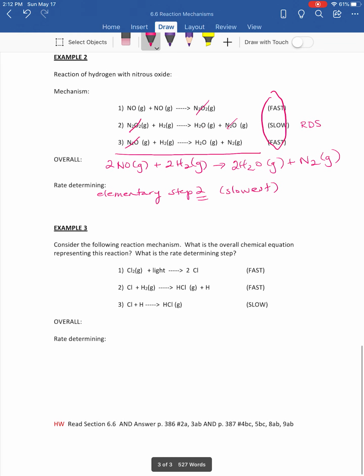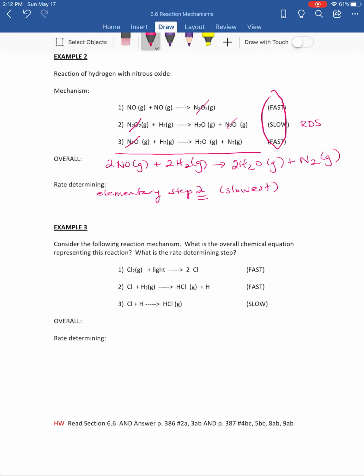All right, so last situation, taking a look here, we've got, once again, 3 elementary steps. The third one is the slowest, so this is going to be my rate determining step. We're going to cancel out like terms. So I've got 2 Cl there and a Cl and a Cl there. And I've got a singular hydrogen there and a singular hydrogen there. So those guys cancel out. So my overall reaction